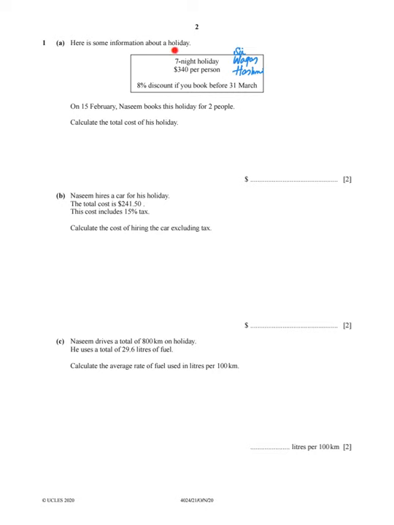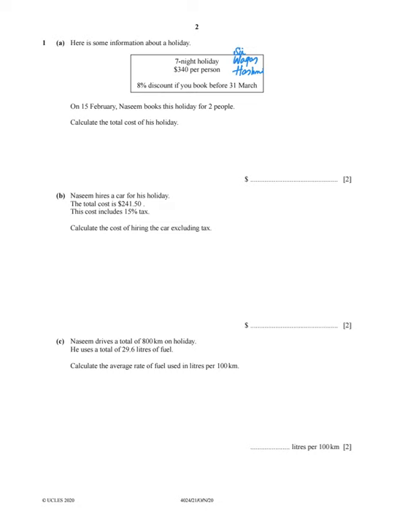Some information about the holiday is given. 7-night holiday, $340 per person. 8% discount if you book before 31st March. On 15th Feb, Naseem books this holiday for 2 people. Calculate the total cost of his holiday. Now he is booking on 15th Feb, that means before 31st March, that means he is going to avail the 8%